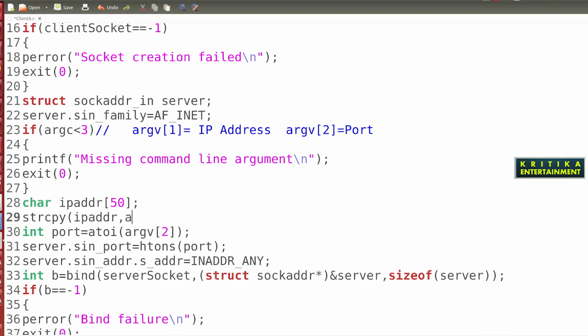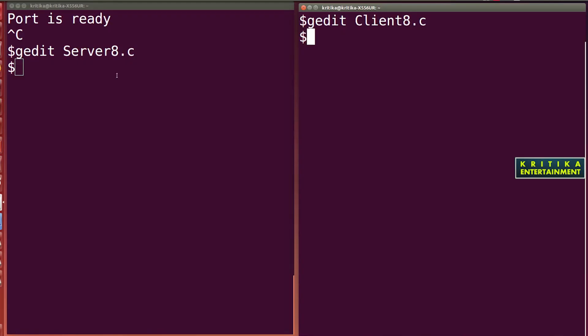The value of argv[1] will be copied to the IP address. What is the input given? 1 means the first argument. I will tell you: when you write ./a.out, I give the IP address, suppose 127.0.0.1, and port, suppose 8000.